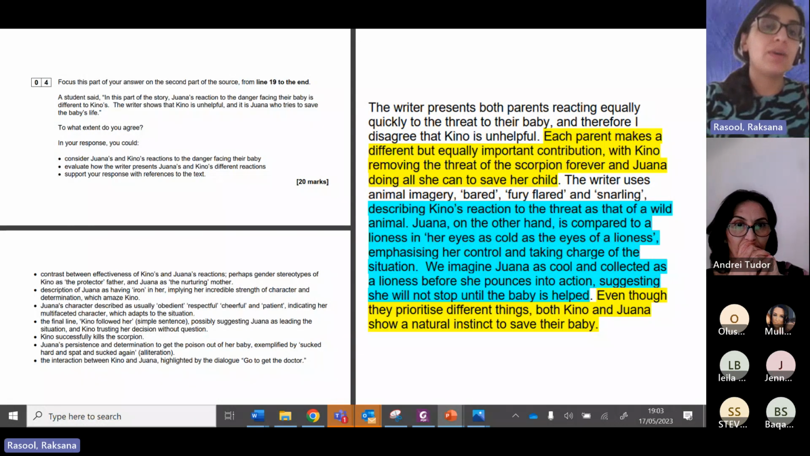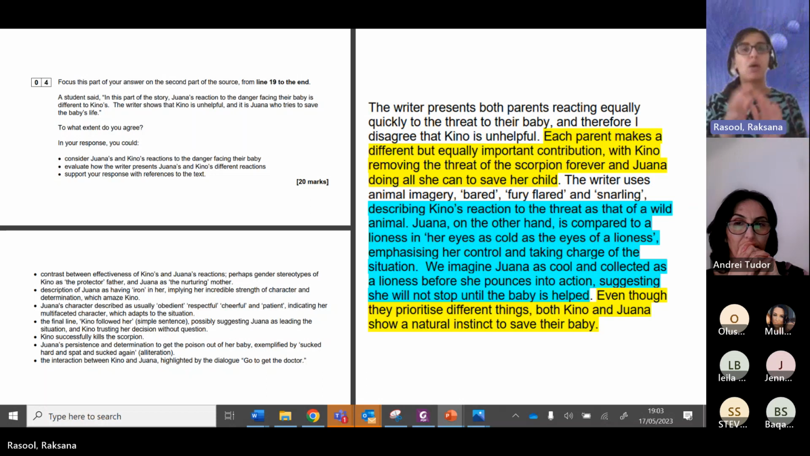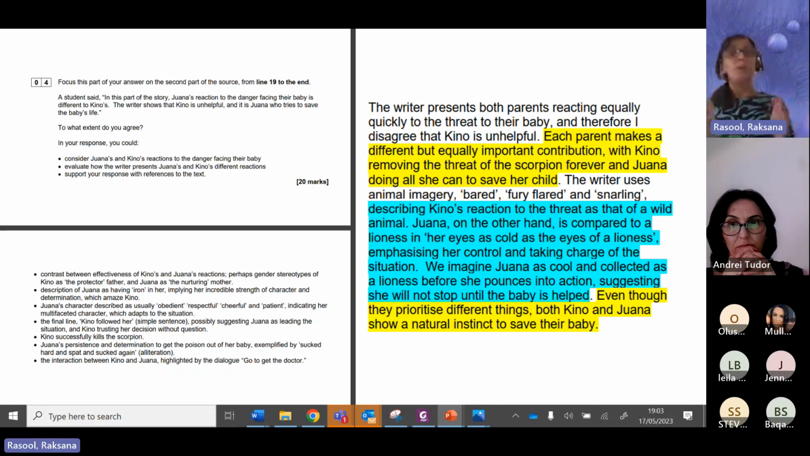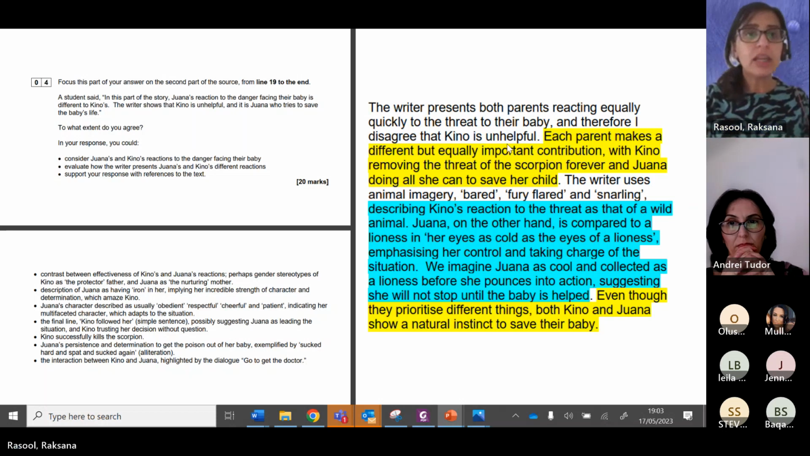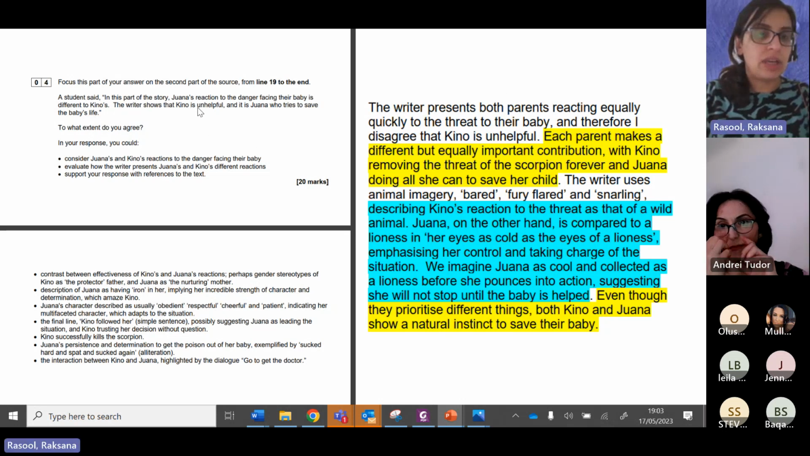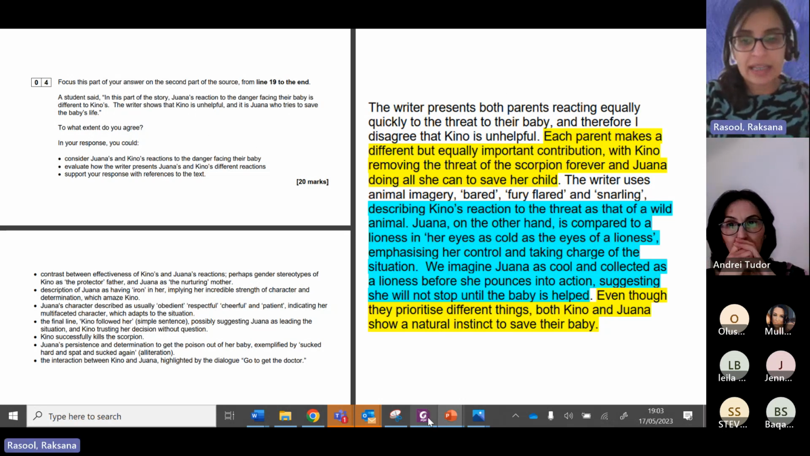The writer shows that Kino is unhelpful and it is Juana who tries to save the baby's life. To what extent do you agree? So I've always said generally they want you to agree, but actually in this situation, they want you to do a bit of both. Okay, because the truth is that Kino, from line 19 to the end,